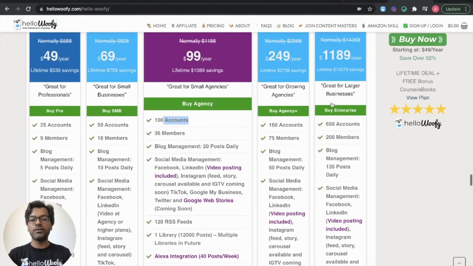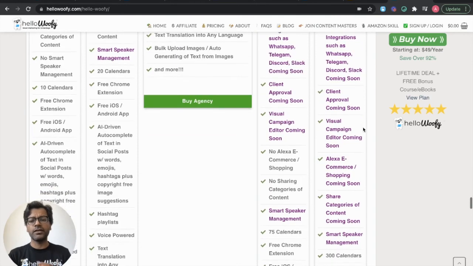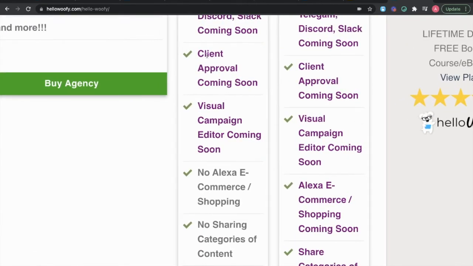Now, when it comes to the other 2 tiers, you want to scroll down and take a look at the differences here. Client approval. If you're running an agency and that's important to you, definitely don't consider anything lower than the agency plus. That'll be essentially when entire categories can be locked down until someone approves them. And you can schedule posts out of it, you can schedule campaigns out of it, unless you get a key stakeholder to approve the content itself, either internally or externally with your clients.